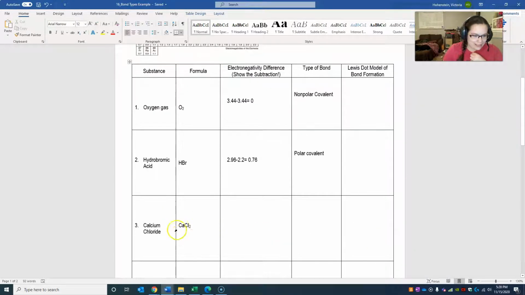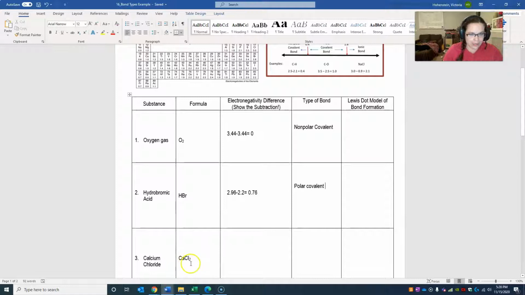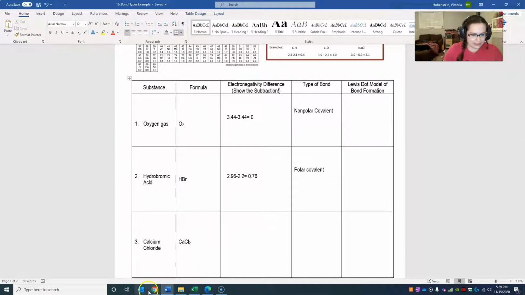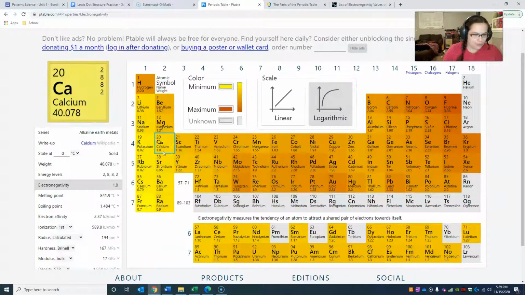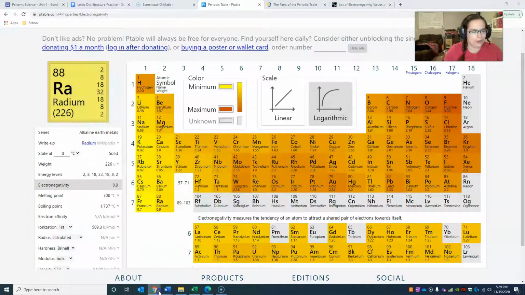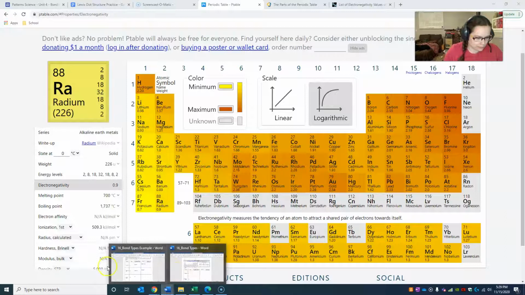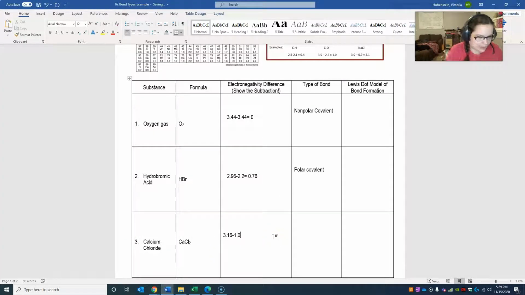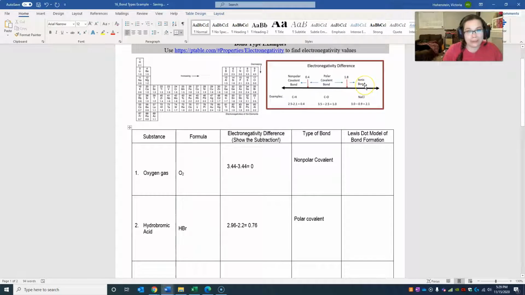So my last example I'm going to work is calcium chloride. So, got to find my electronegativities on the chart. Calcium is 1, chlorine is 3.16. So we're going to use 3.16 first. So 3.16 minus, I forgot calcium already, I think it was 1. Let's check 1.0. So minus 1.0. Alright, so my difference here is going to be 2.16, which puts me over 1.8, meaning this is an ionic